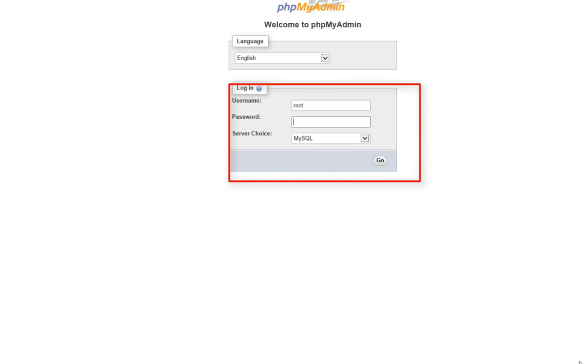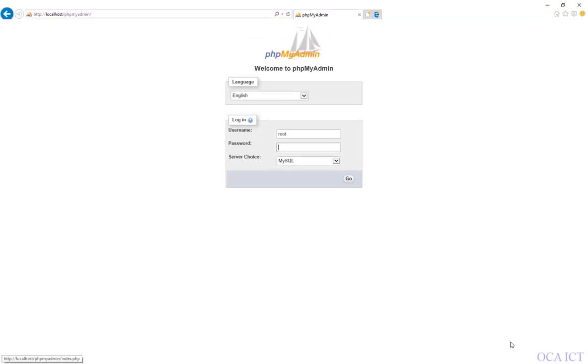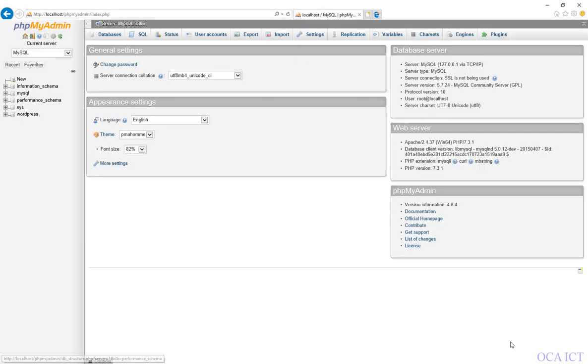Okay, the default username is root, the password is empty. So I will now click go. Now this is the phpMyAdmin dashboard, and this is where you create the username and the database. We will start by creating the database first. Just click on database here,